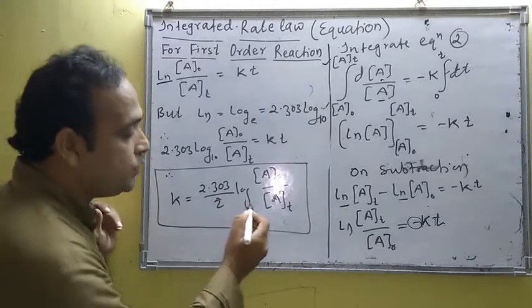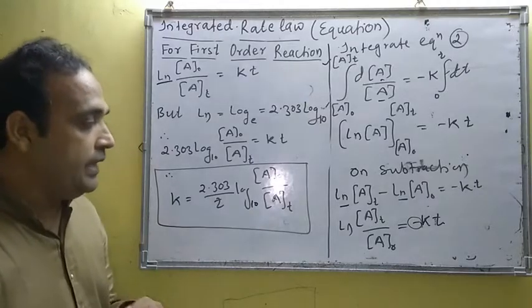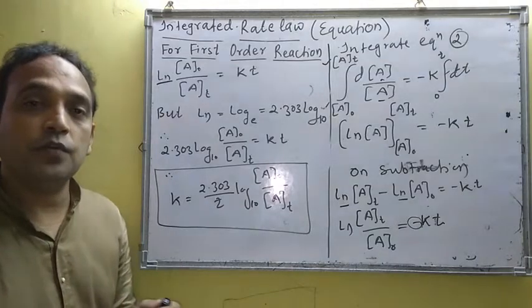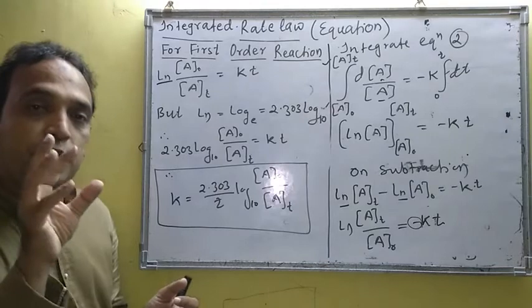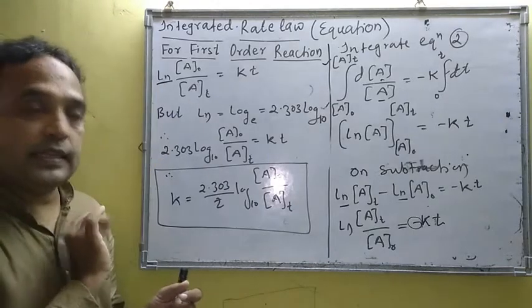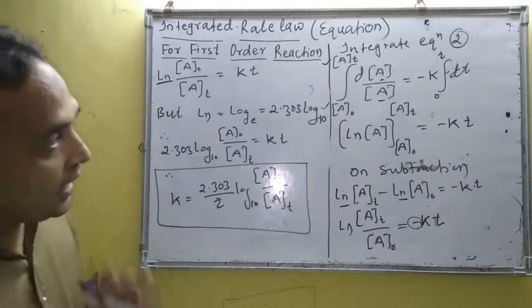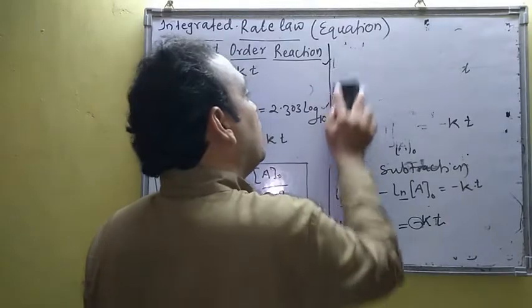Log to the base 10 is 1. So write log to the base 10 or simple log, one and the same thing, A0 by AT. Okay, so this is the integrated rate equation for first order reaction. So I think you have written all these points. Pause your video and write all this concept. Now, related to the integrated rate equation, I am going to start the half-life period of first order